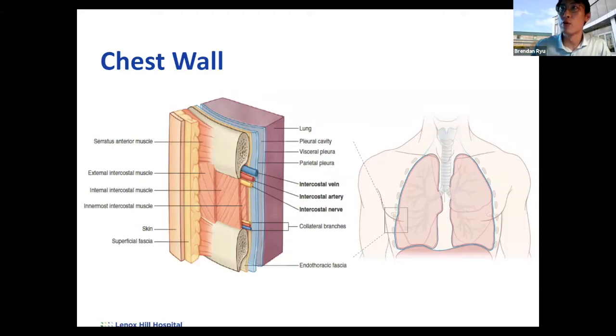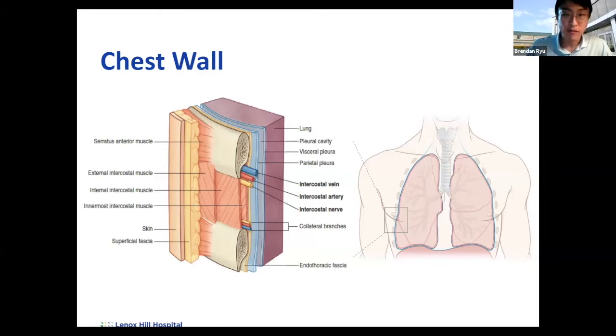Pleura we'll be talking about later, but it's technically not part of the chest wall. So this diagram may be a little misleading. Fat is definitely a big part of it. Subcutaneous fat is a huge component. And yeah, blood vessels. I see a lot of people writing down good answers, but the general idea is